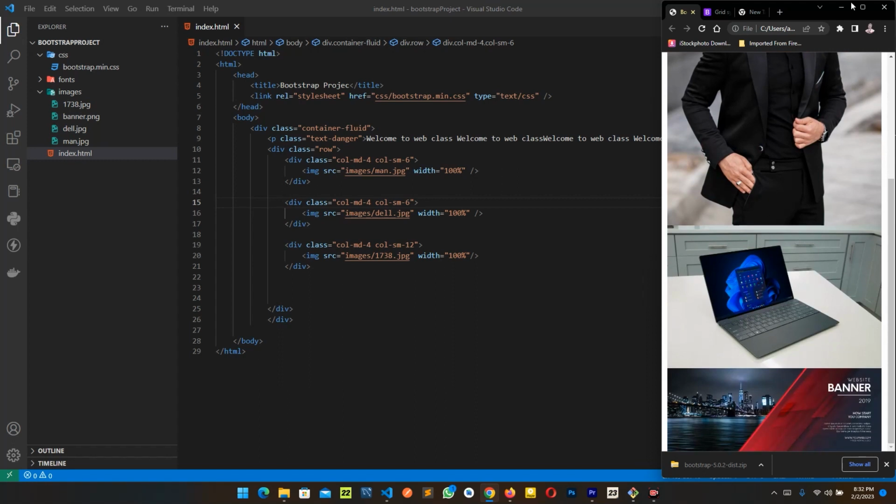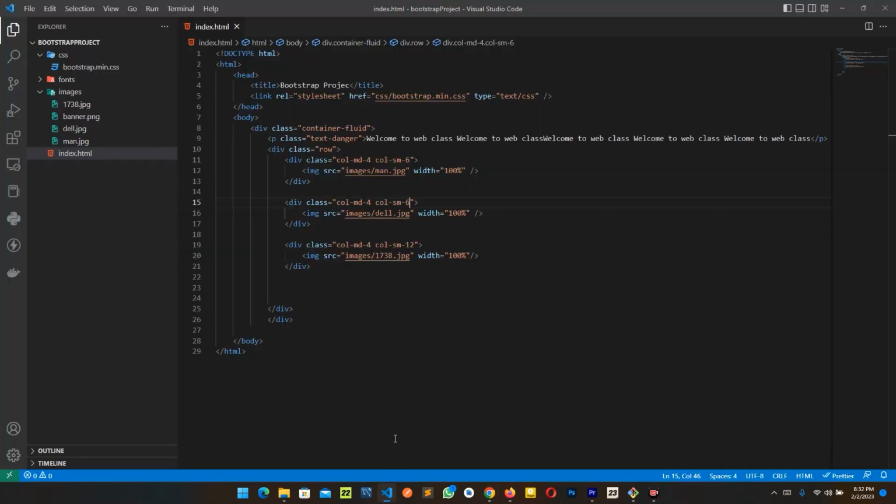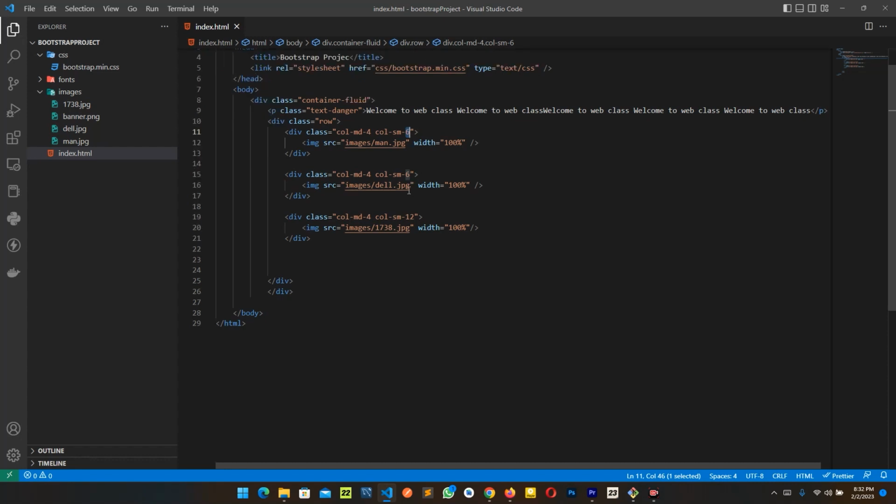You understand? So I could go and declare that too and say, okay, at extra small, maintain this and that. And I could come here and say, okay, at small, maintain 3, 3. You understand? So we can declare more than one column here. So it just determines what it will do when it encounters such devices. For instance, now, so if this is 6. If I encounter